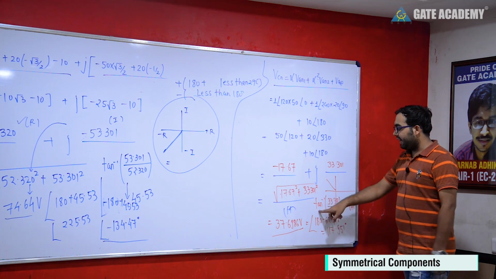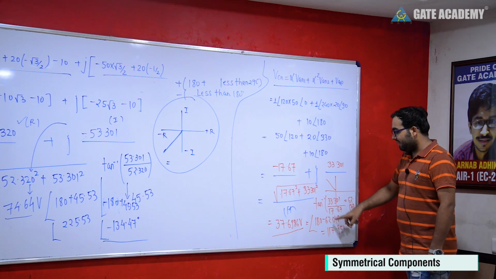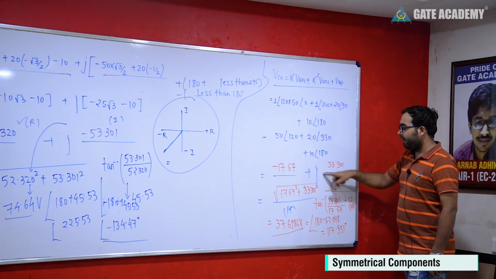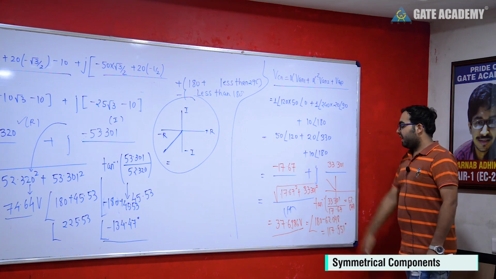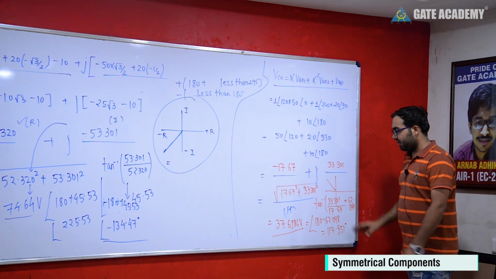So what we can do is take tan inverse of imaginary upon real. We are getting 62.048, but we know the operating point lies in this region, so the angle should be greater than 90 and less than 180. So the answer will be 117.951. So this is the process.